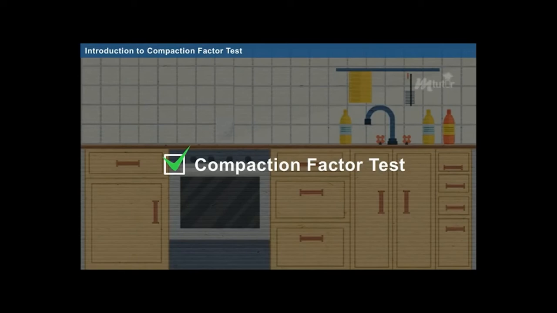Okay, when you make the rice grain fall from a certain height, because of gravity the rice grain tends to compact internally. So if you shake the container with minimum effort, it will come to a level surface, whereas for the first case you have to put more effort to make the rice grain in the container come to a level surface. So the test that measures this factor is the compaction factor test. Okay,